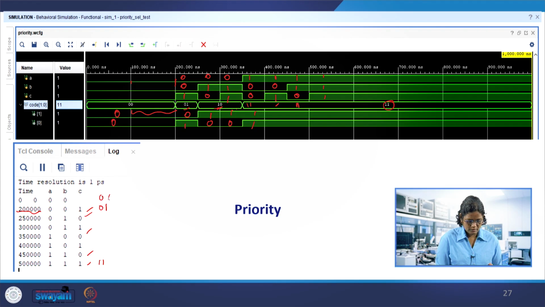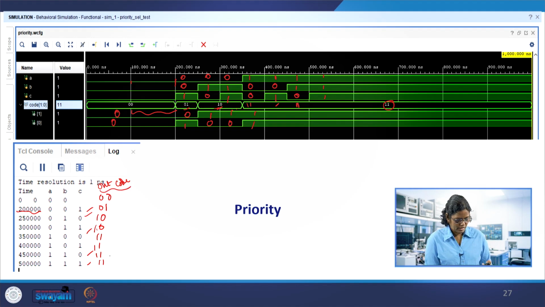Okay, so in these cases it is 0 0 0 1, 0 is also 0. This is 1 0, 0 1 1, this is 1 0 again. Okay, and 1 0 0, it is 1 1. 1 0 1 1, again this is 1 1 1 1. So this is the output. This output is a code. If you want to print it, you can print it; if you do not include it, then it doesn't get printed.